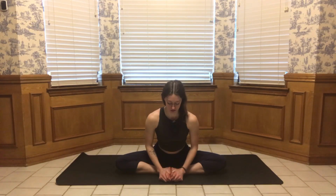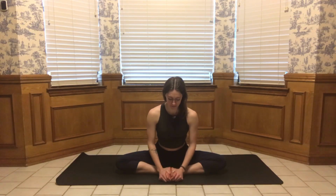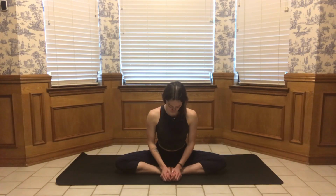Then take another deep breath in. This time as you exhale, hinge forward. And as you come forward, try to maintain the length in your spine. Keep your shoulders back and down. As we're breathing here,